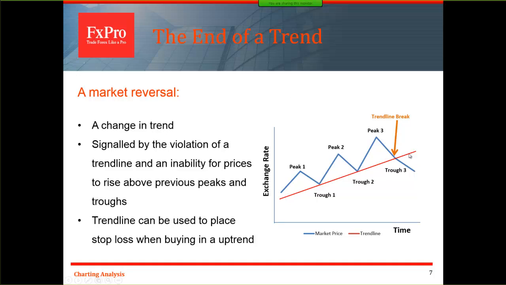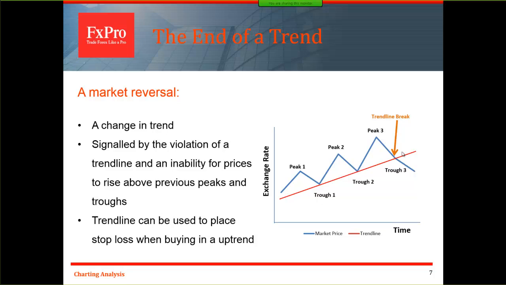So what's key here, once you've identified the trend line, is to identify where the trend line break may actually take place, and to set your stop loss during an uptrend ideally just below the trend line, depending on your risk tolerance. Some people may place it below the previous low, so maybe around here. Other people may place it just a bit below the trend line, just in case there's a small whipsaw, which we'll discuss in just a bit.